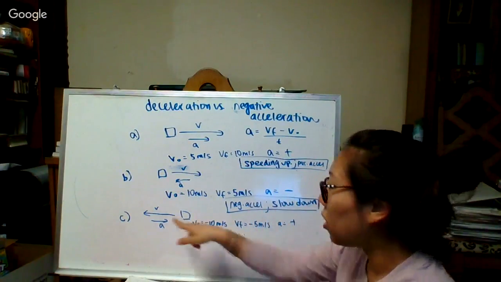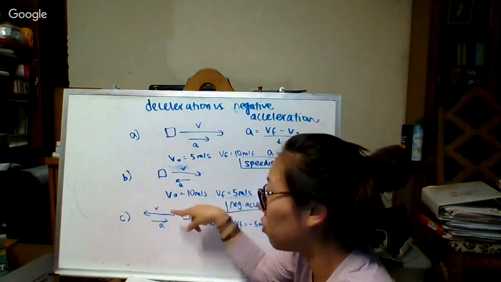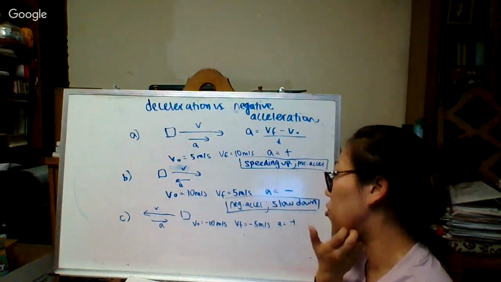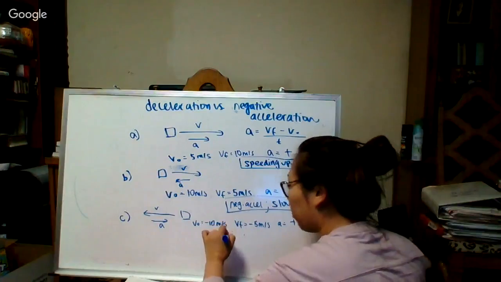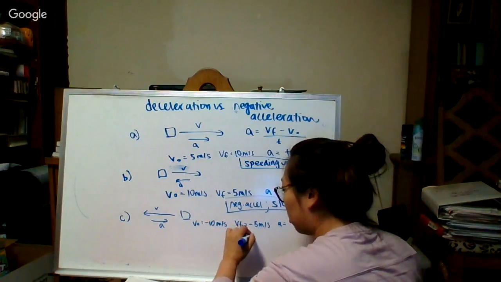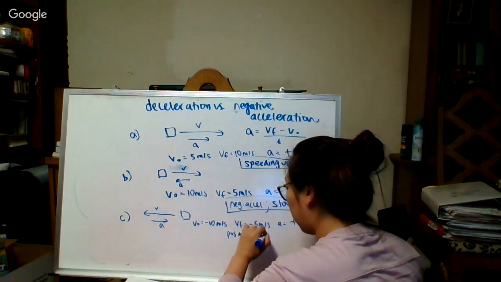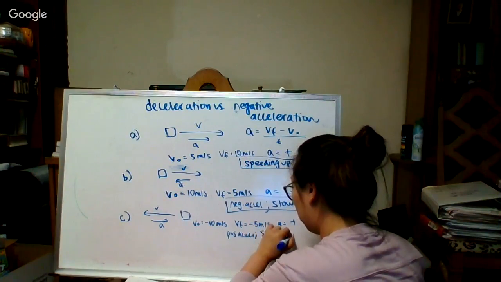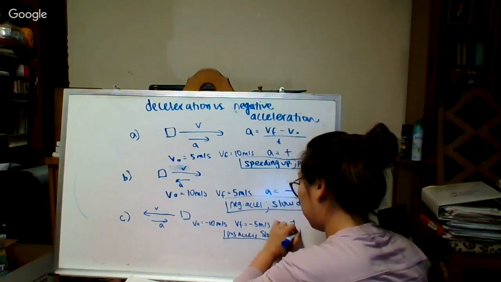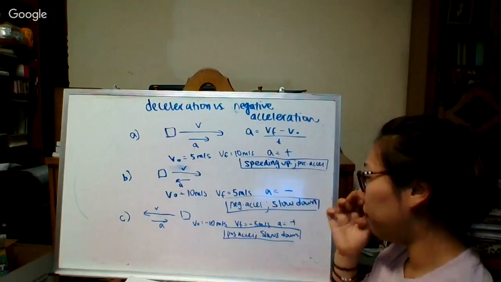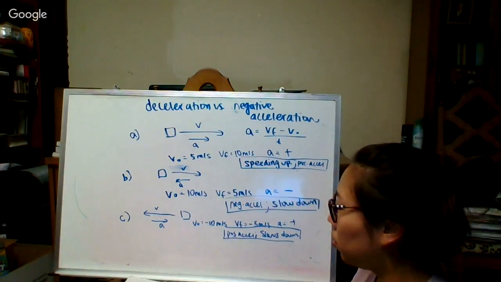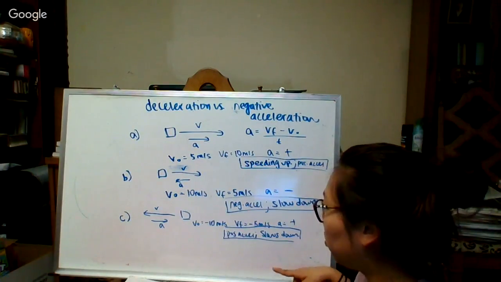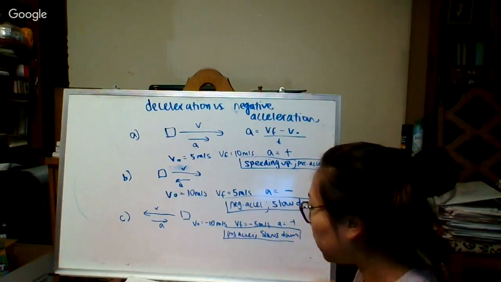The other way to do it is to look at the arrows. One goes this way, one goes this way, so it is going to slow down. So it is a positive acceleration that slows down. Okay. All right. And then D